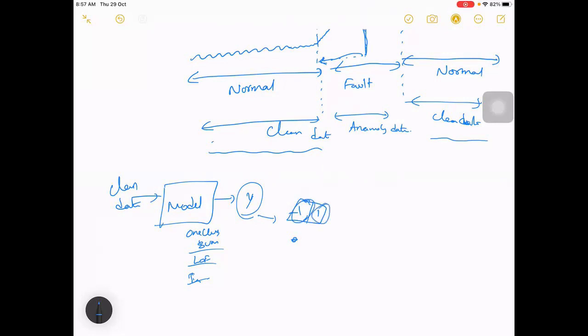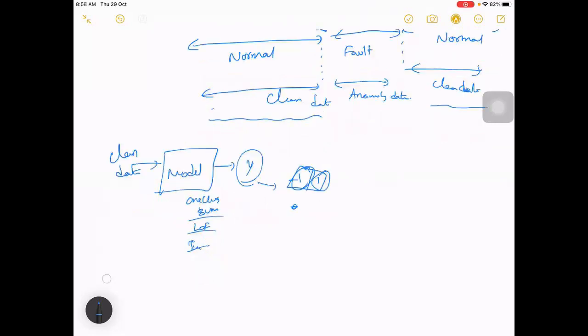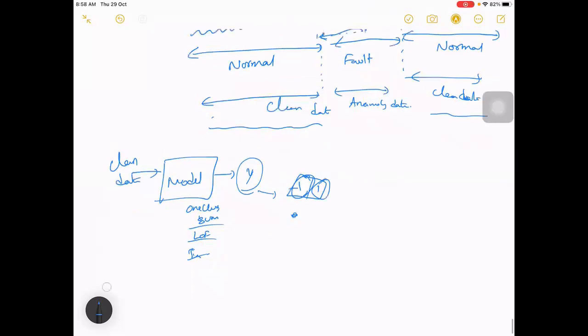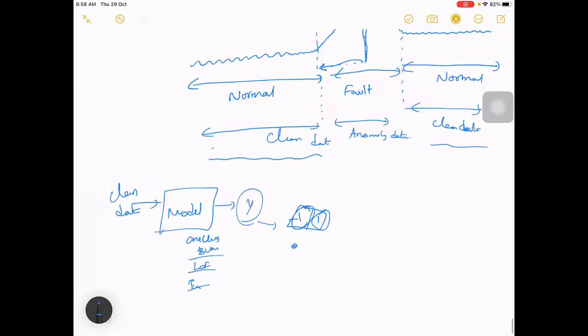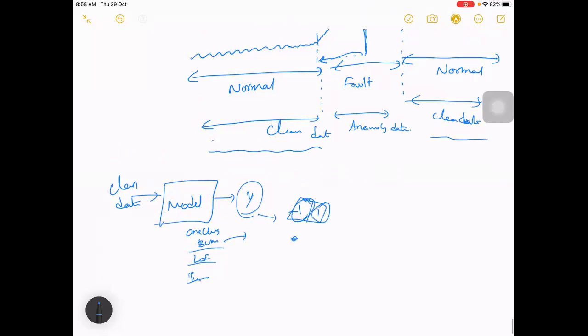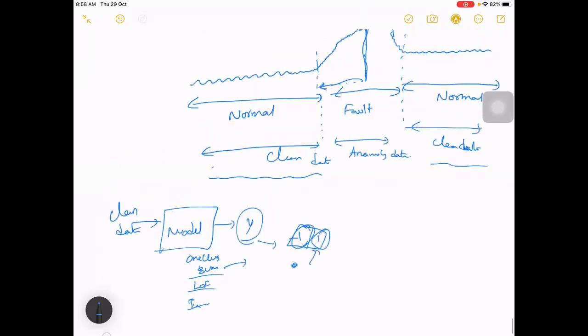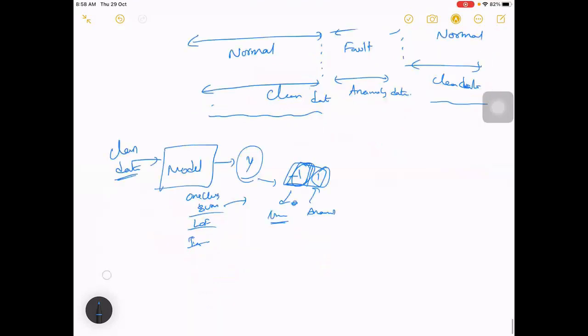This differs with the implementation, so please check the implementation before doing it. Similarly for one-class SVM. Let us treat it this way: 1 means anomaly, 0 means non-anomalous. Since we are only training with clean data, for clean data it should always give -1. So what this model will learn is how clean data will look like.